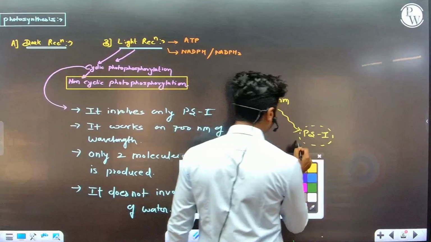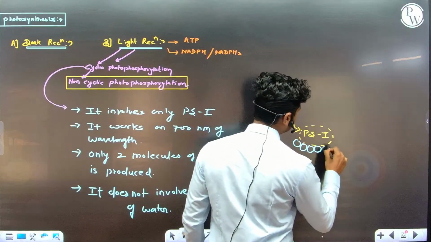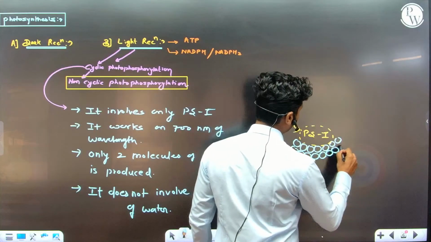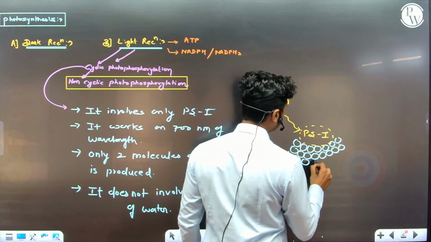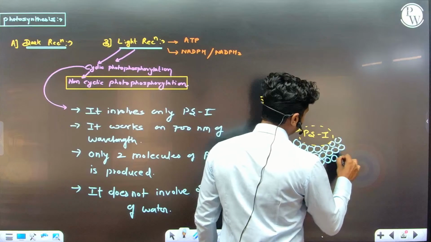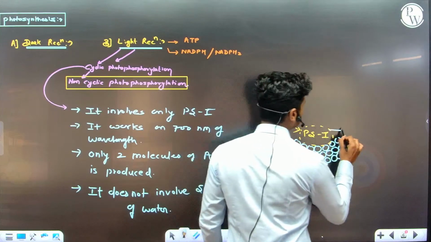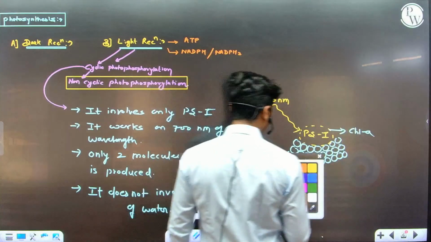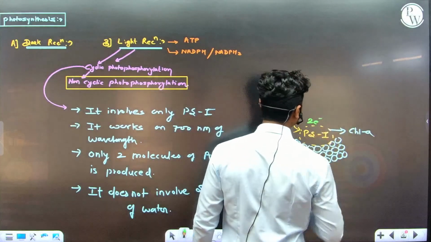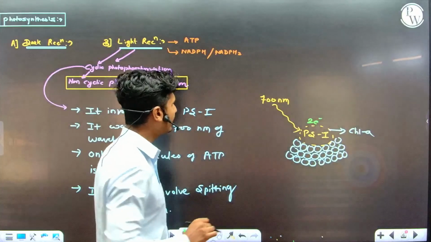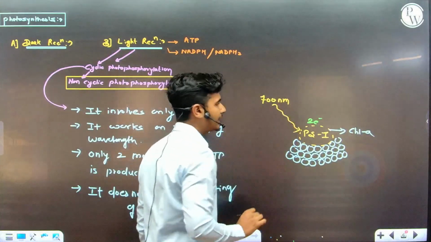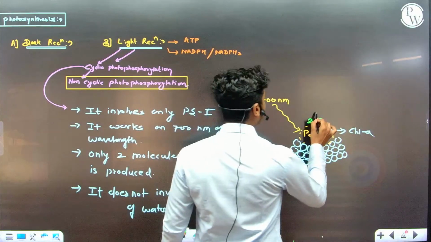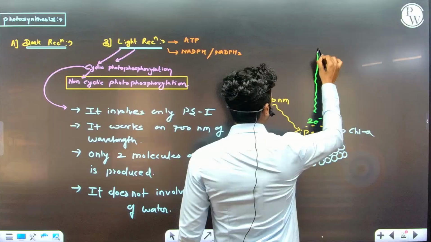Here are the accessory molecules present in PS1: chlorophyll B, chlorophyll C, chlorophyll D, chlorophyll E, bacteriochlorophyll, bacterioviridin. Here is chlorophyll A, the reaction center. Two electrons move in the orbit of chlorophyll A. Due to the absorption of 700 nanometer, the electron gets excited because of high energy, and you know that